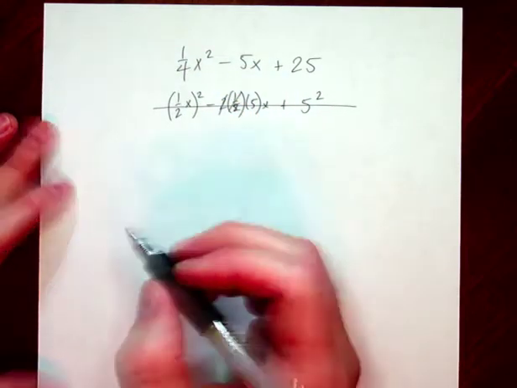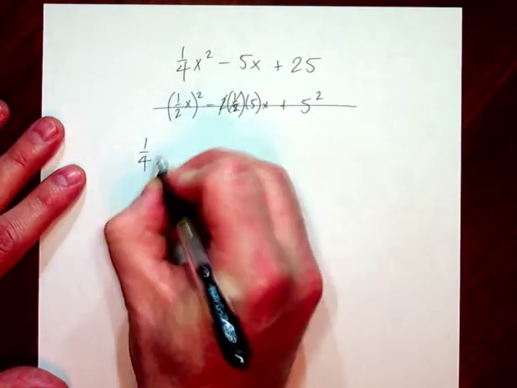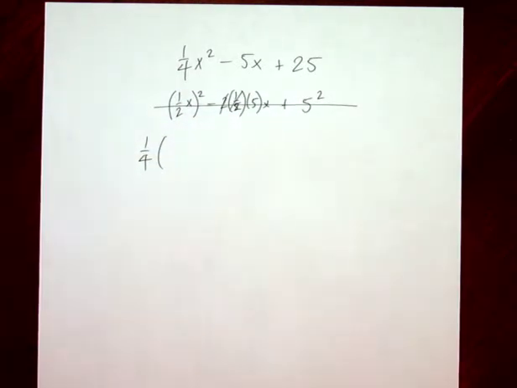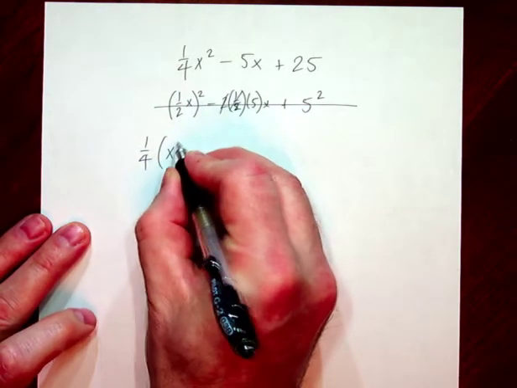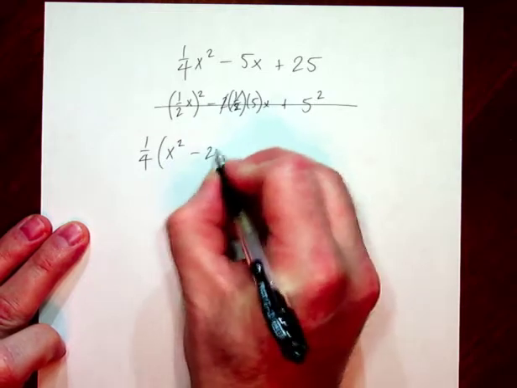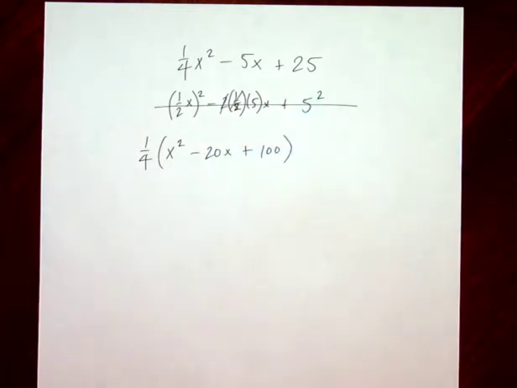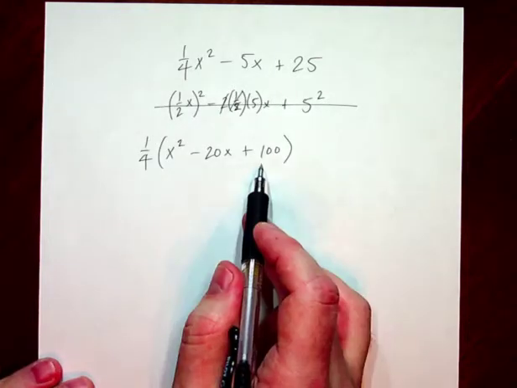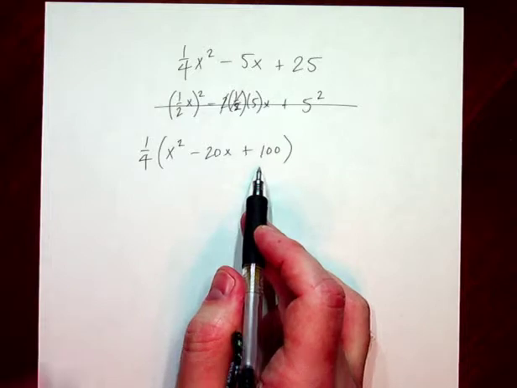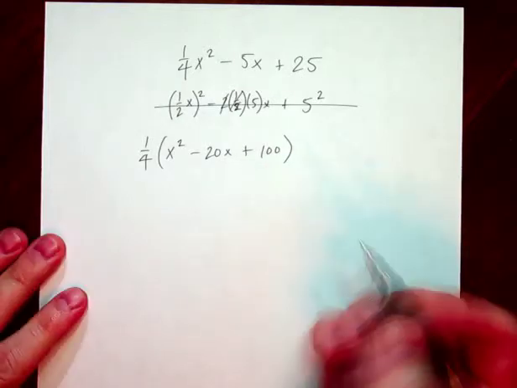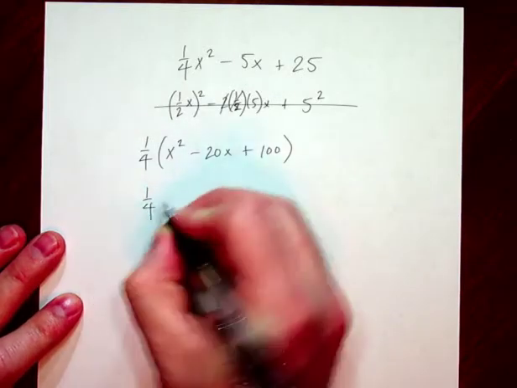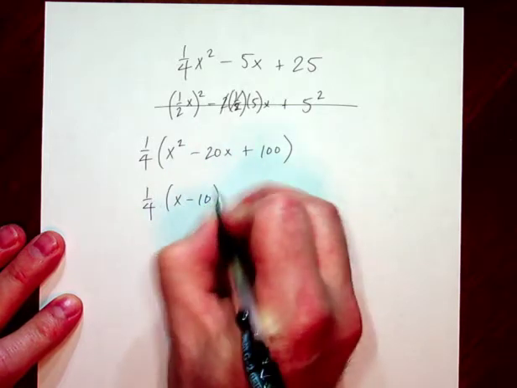Well, all I have to do is pull out the 1/4, and when I factor a 1/4 out, that's functionally the same as multiplying all of the terms by 4, right? Because to divide by 1/4 is to multiply by 4. Now the perfect square nature of this trinomial is much more evident, and I know that it's x minus 10